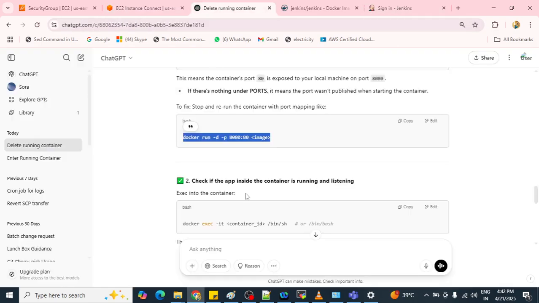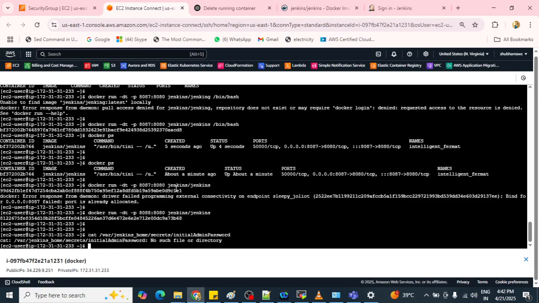Why is it happening? Because you are running this cat command inside your VM, but we need to run it inside your Docker. So for that we need to enter inside your container, then see this file.